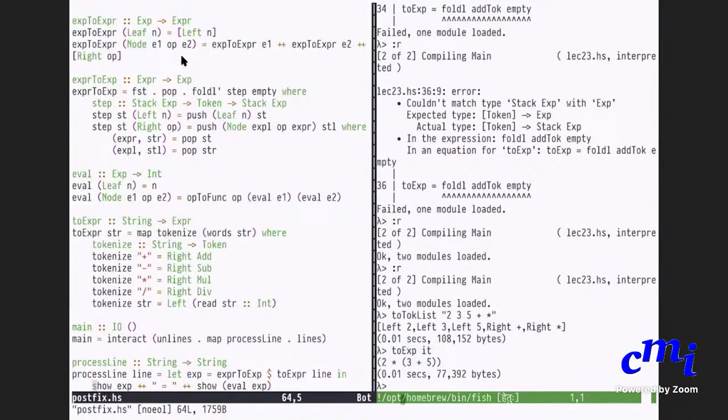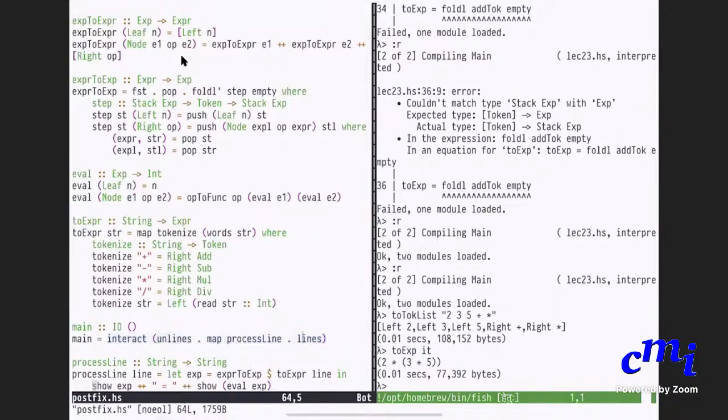But this is an important thing. What it does is it now does that interact thing which I talked about. This interact will work on a function from string to string. You view the whole input as a string and produce the whole output as a string, except that because Haskell is lazy, everything will work out okay.